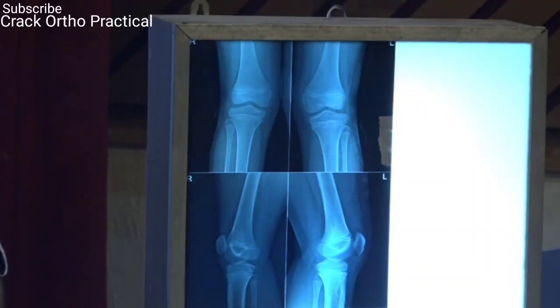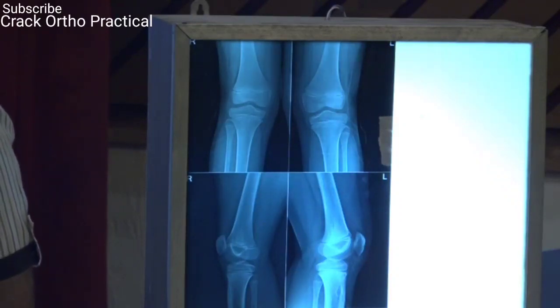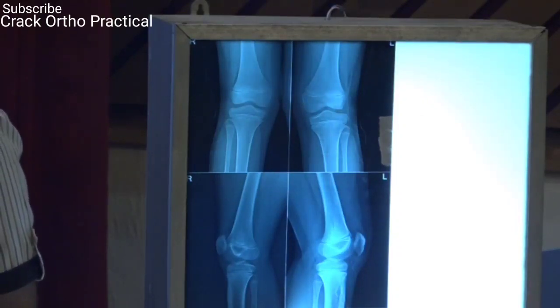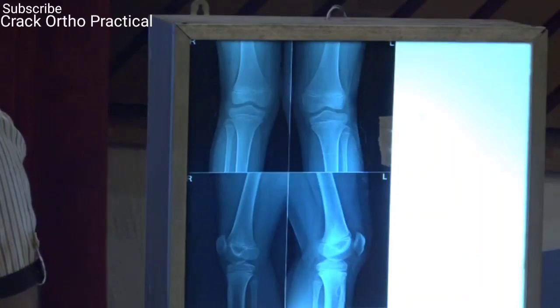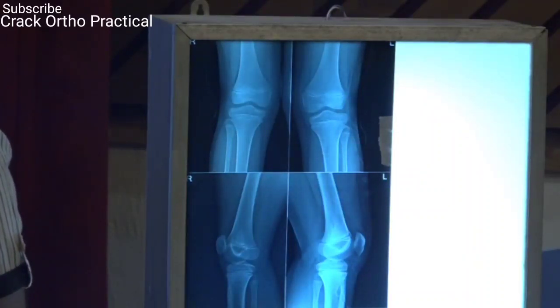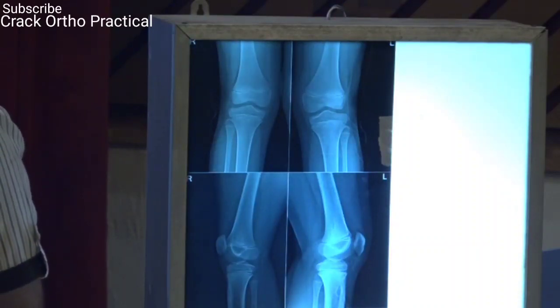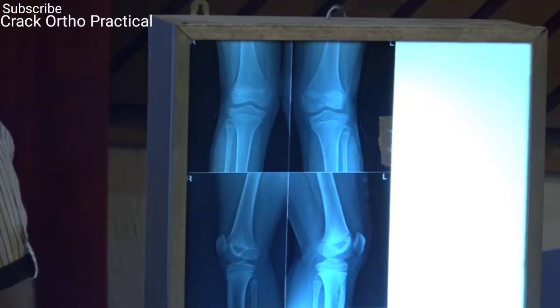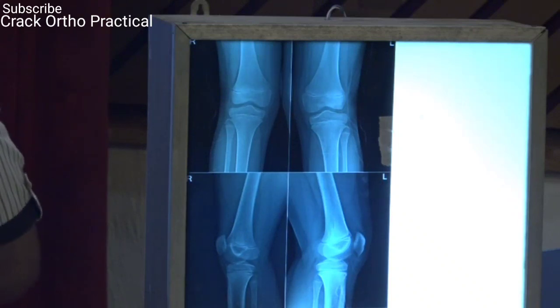At this level of intermalleolar distance, you wouldn't do anything, keep him under observation. Watch his height and watch the intermalleolar distance. Tell the parents to come back after 4 months. If the height is increasing, it should correct. If the height is increasing and it remains the same, then also it should be okay. That means it is not increasing, so we are not worried. Chances are he should just settle without anything. There are no gross vitamin D deficiency changes in